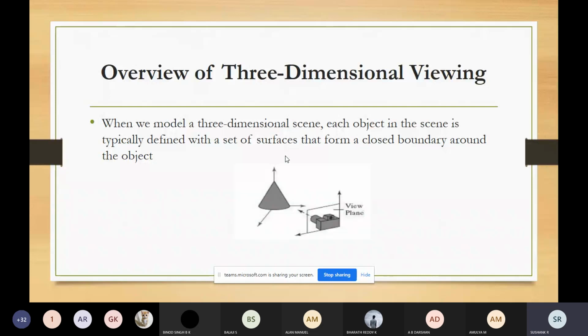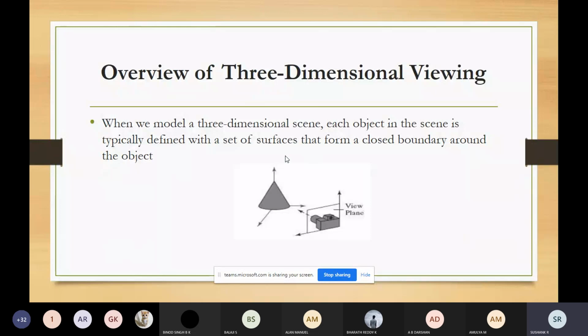When we model a three-dimension scene, each object in the scene is defined with a set of surfaces that form the closed boundary around the object. So if you are modeling a 3D scene, the objects in the scene will be associated with the surfaces that form the closed boundary around each object.